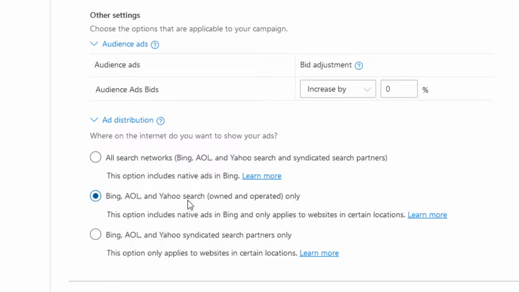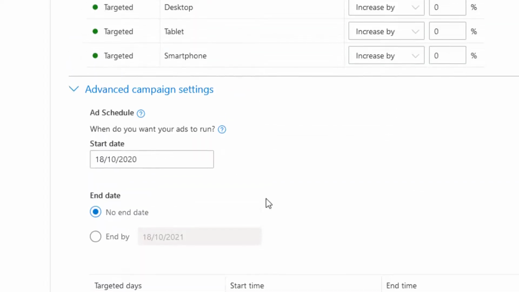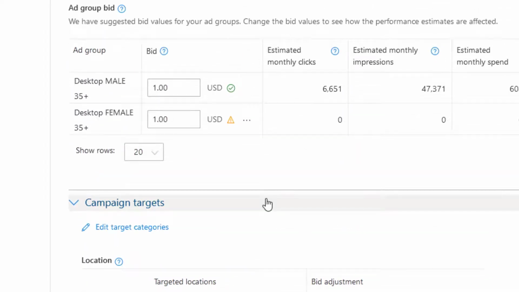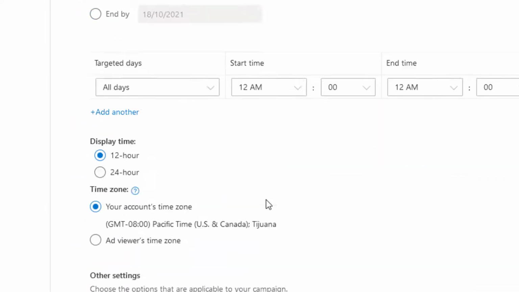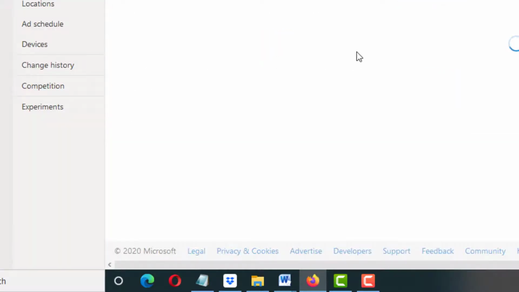What I really want is traffic directly from the search engine, from Bing, Yahoo. Well, primarily Bing, because I want people who are actively searching for the keywords that I'm targeting. And even though I'll probably be paying a higher CPC, that's okay if it means higher quality traffic. Okay, so save